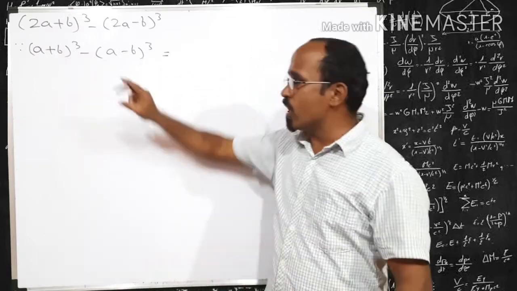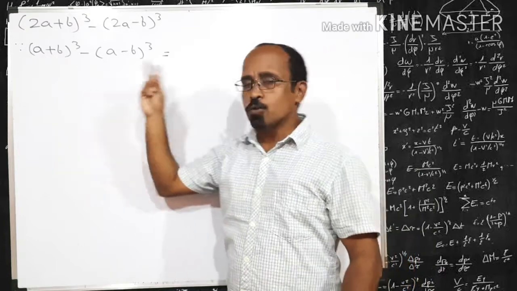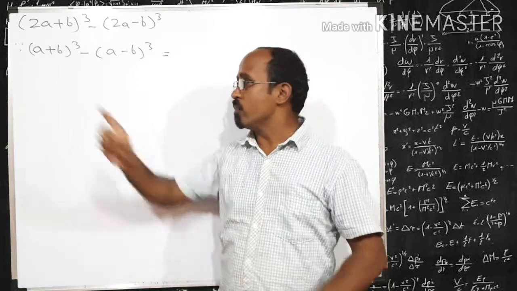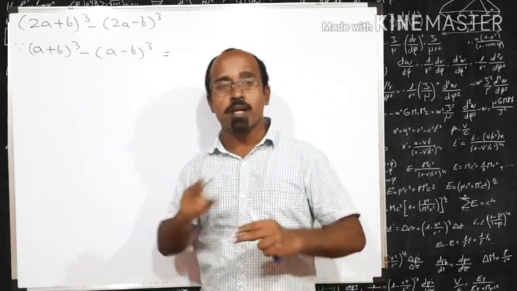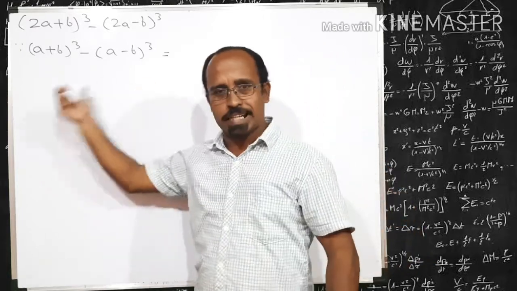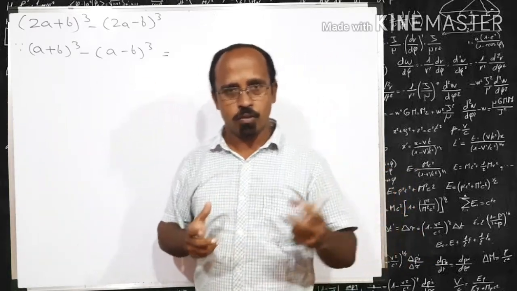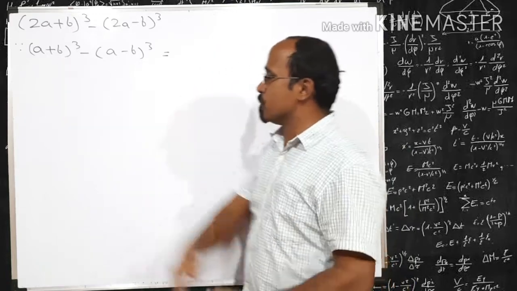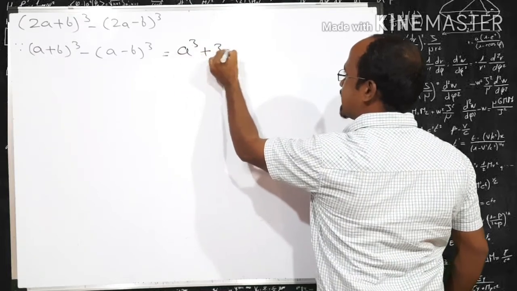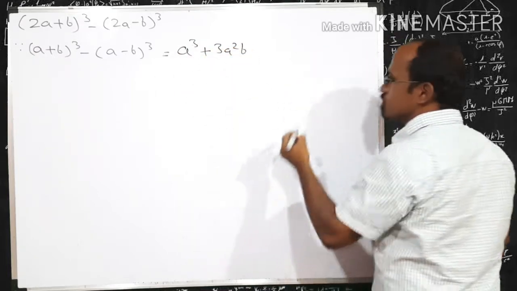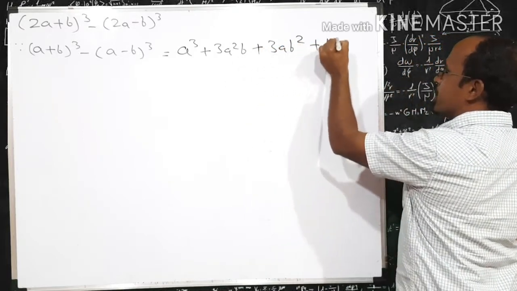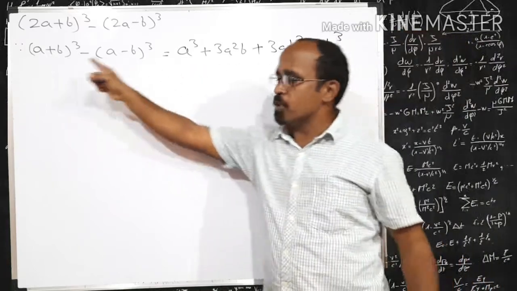Second thing, we are going to expand it. If we are dealing with formulas while expansion, we are dealing with the same variables a, b every time, so that makes your brain very familiar with these letters and helps to solve it further. So let's go. (a + b)³ is equal to a³ + 3a²b + 3ab² + b³, right? This is the expansion of the first bracket.